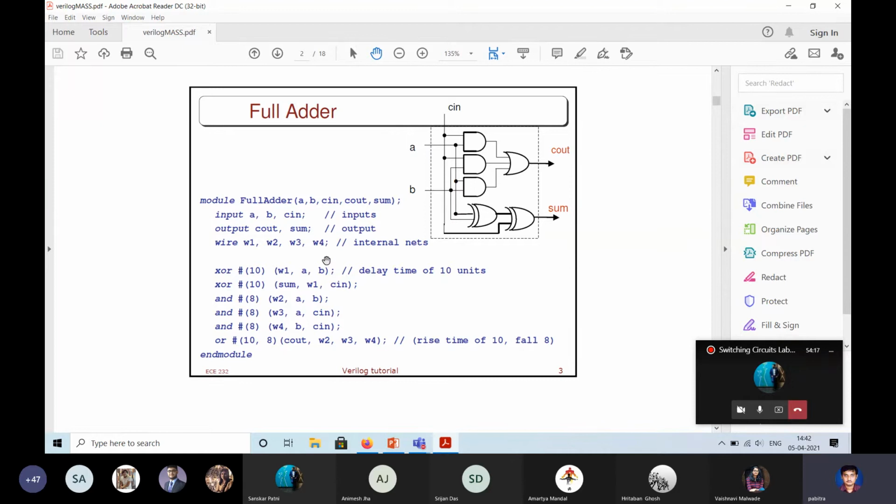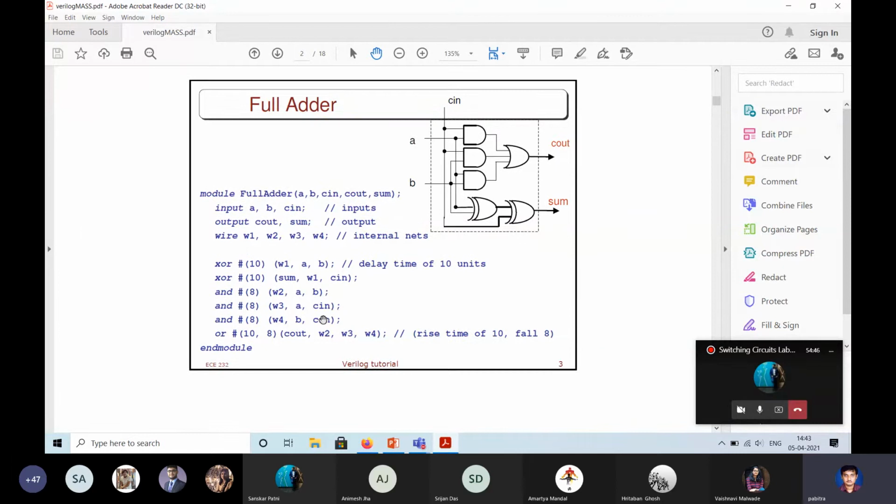Similarly, one thing you can realize: these W1, W2, these wire variables are nothing but these values here. They are some of the values here. I don't know which one is W1, I have to check. Maybe this is W1, this is W2, this is W3, this is W4. These are intermediate values of the signals. And these are functions. I'll come to these functions later. Let me first talk about some simpler functions.